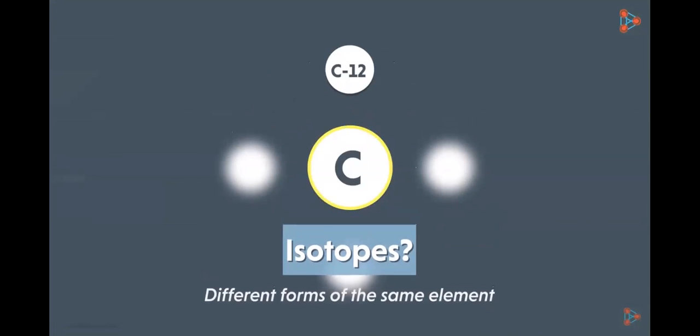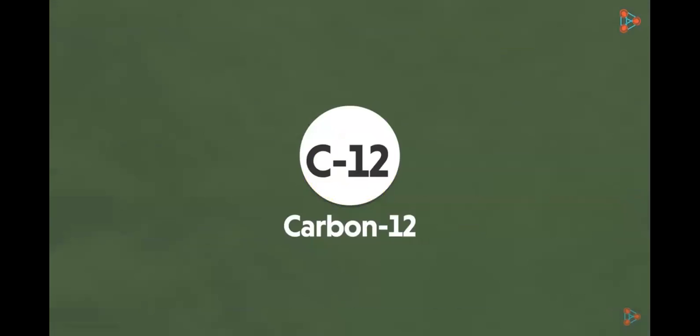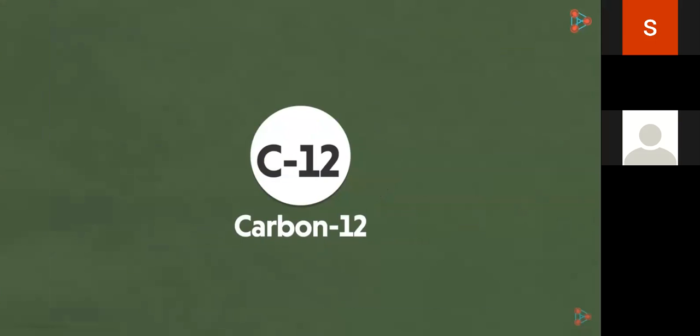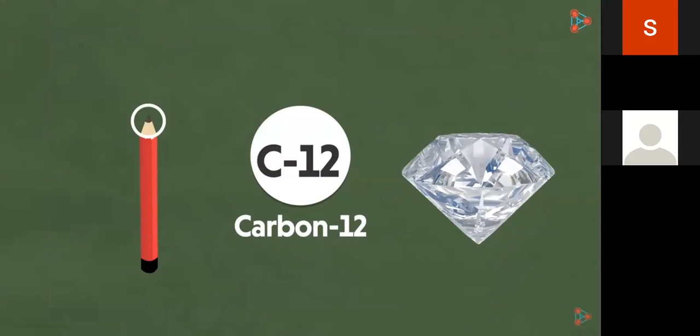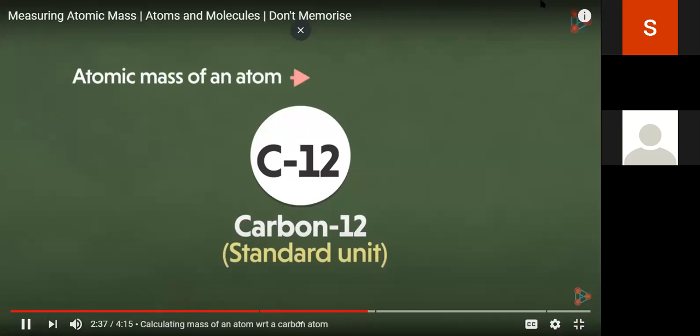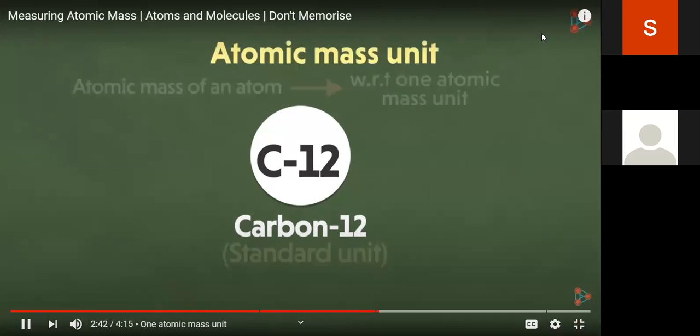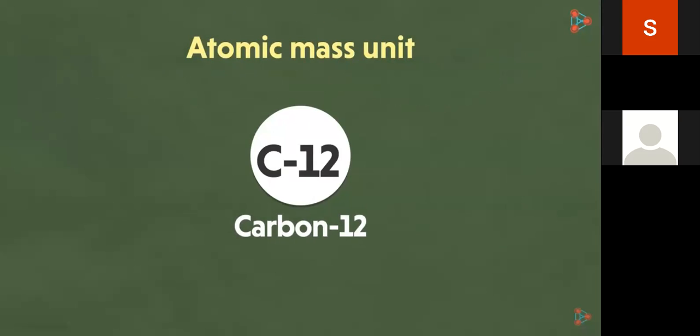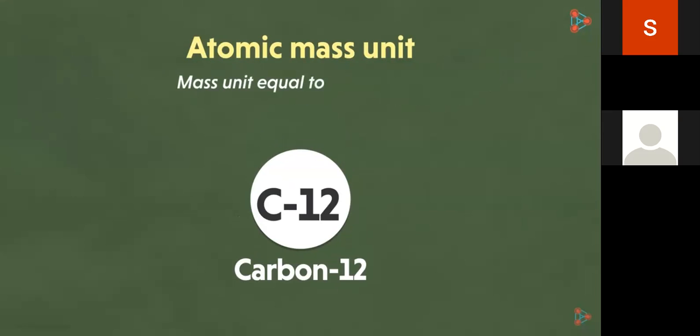So in the case of carbon, we will have slight differences in the atoms, which is what makes them isotopes. Carbon-12 is one such isotope, which is found almost everywhere in nature. Thus, an atom of carbon-12 is considered to be a standard unit, and atomic mass is calculated with respect to one atomic unit. And how do we define one atomic unit? One atomic mass unit is defined as the mass unit exactly equal to 1/12 of the mass of a carbon-12